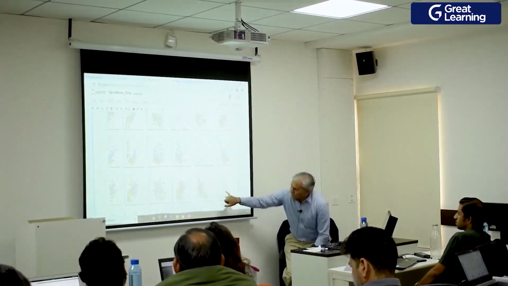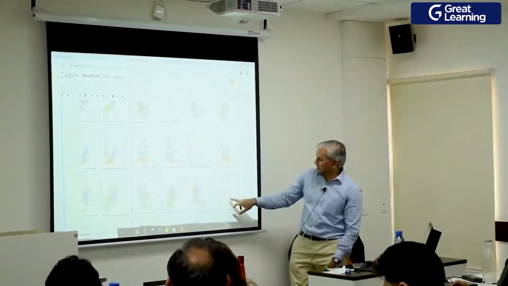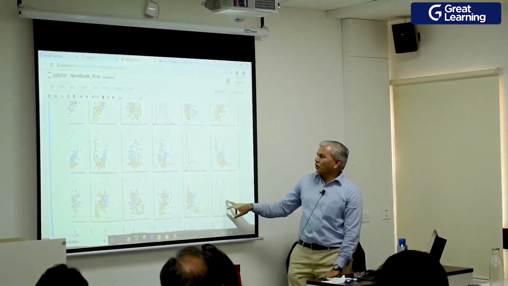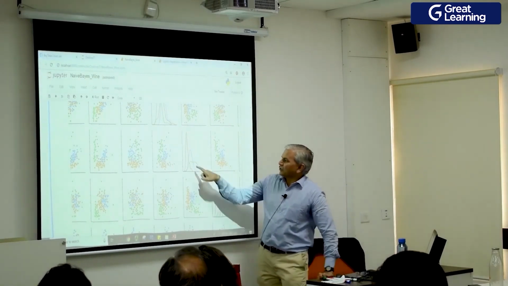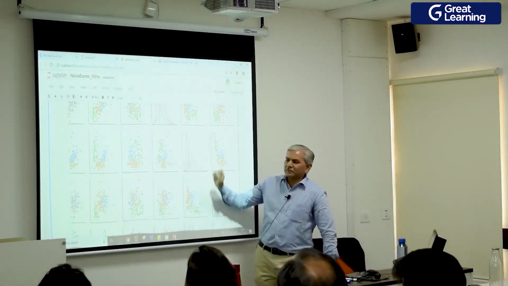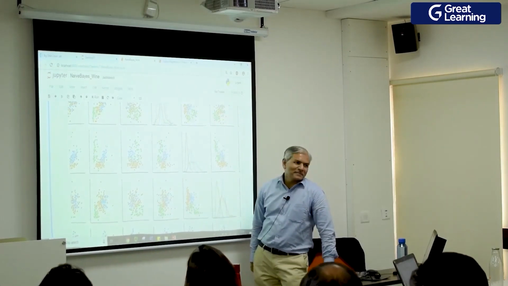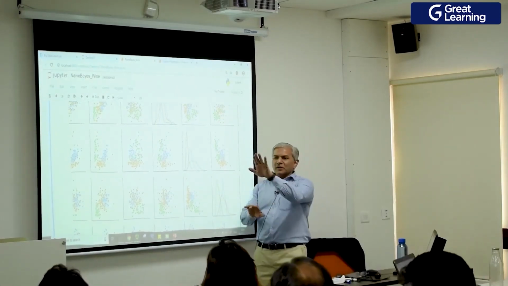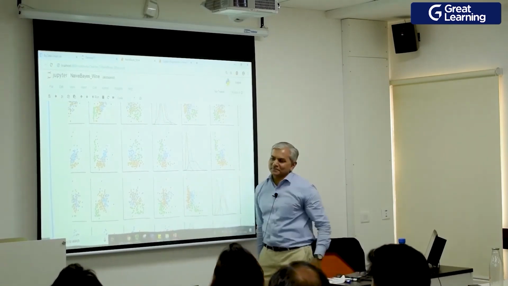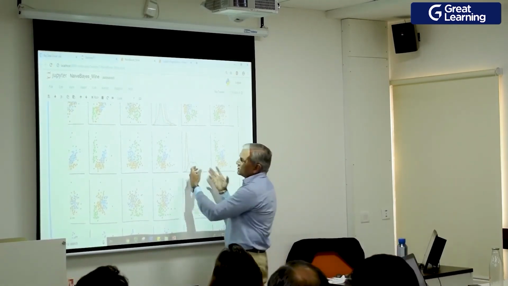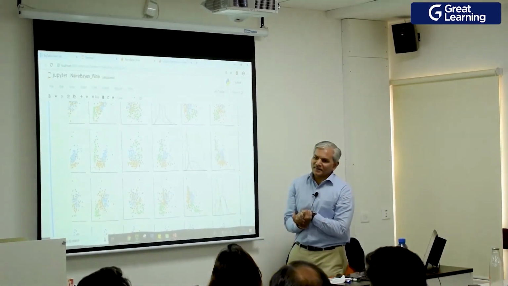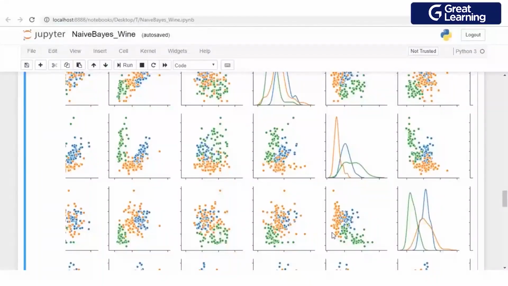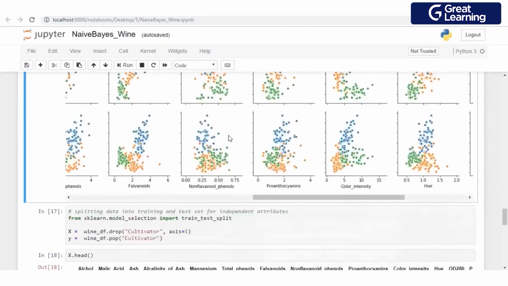Look at this dimension. I don't know which one this is. This one is not going to help you separate the orange from the blue. Doesn't matter as long as I have this dimension with me, which separates orange from the blues. So one dimension will compensate for the other dimension. Overall, these weak predictors put together become strong predictors, and as you will notice when you go down the line,